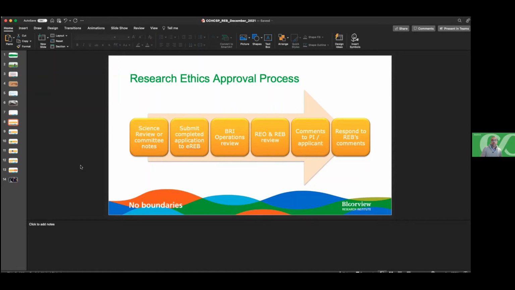And there, yet again, with the research coordinators and administrators, it undergoes another administrative level review, where not only are the research ethics coordinators and assistants looking to ensure that the BRI ops person has done their due diligence to make sure that your application is complete, including science review, but they're often going straight to aspects of the application related to consent and assent, and any Health Canada related documents if it's a clinical trial, to make sure that